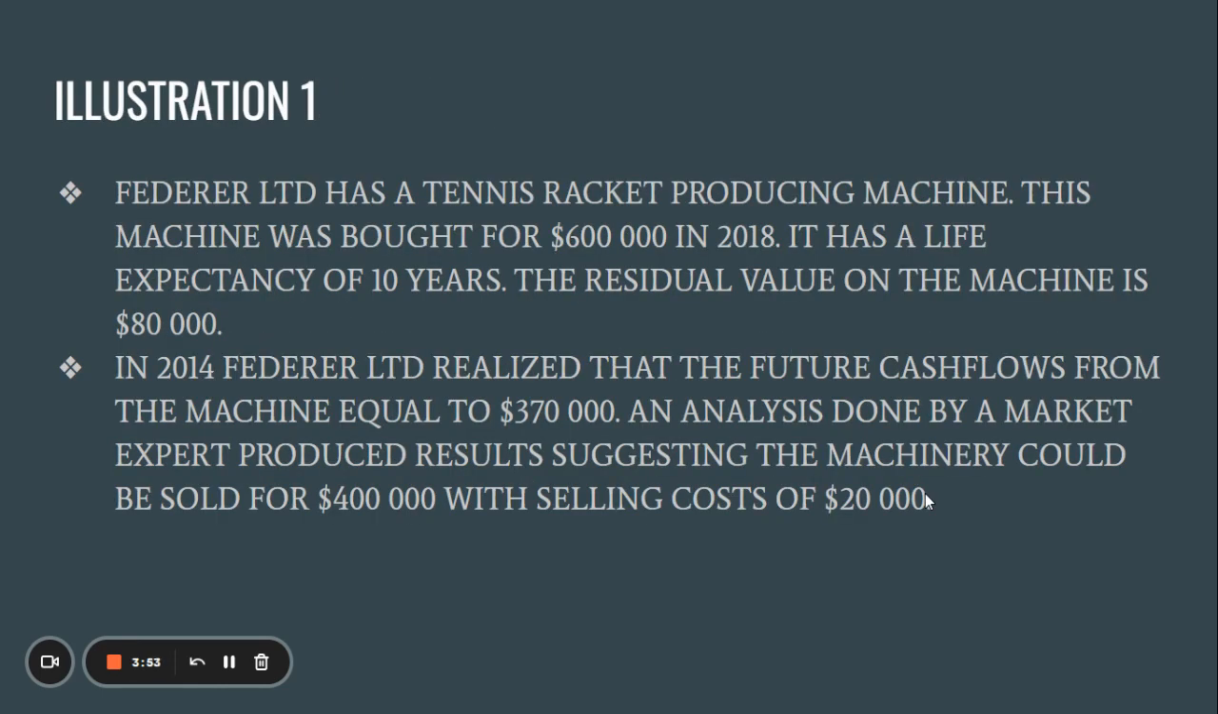Illustration 1. Federal Limited has a tennis racket producing machine. This machine was bought for 600,000 in 2018. It has a life expectancy of 10 years with a residual value of $80,000. In 2014, Federal Limited realized that the future cash flows from the machine would equal $370,000. An analysis done by a market research resulted in that the machinery could be sold for 400,000 with selling